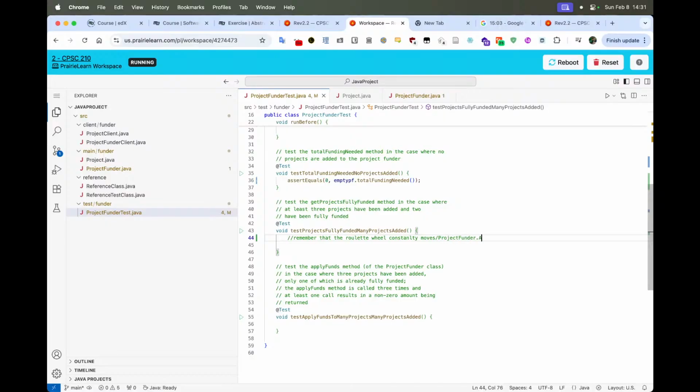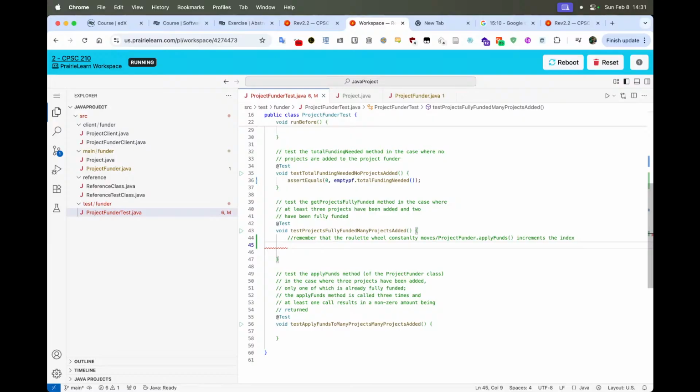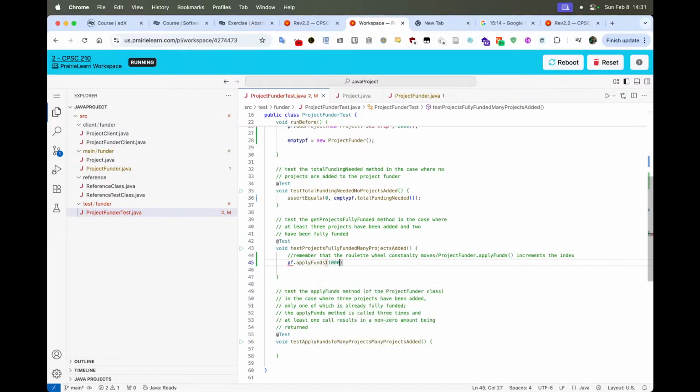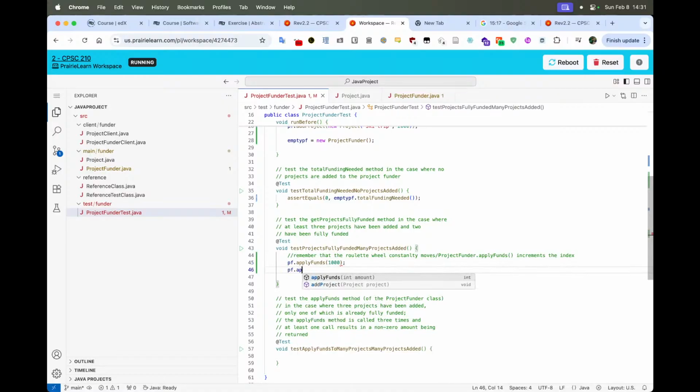Project. So this doesn't matter for our purposes, but if we have pf dot apply funds 1,000, pf dot apply funds